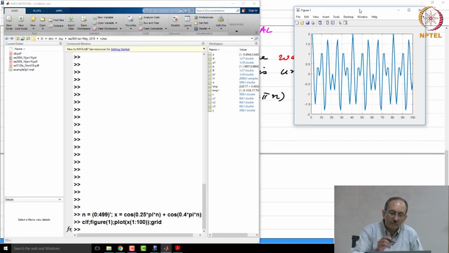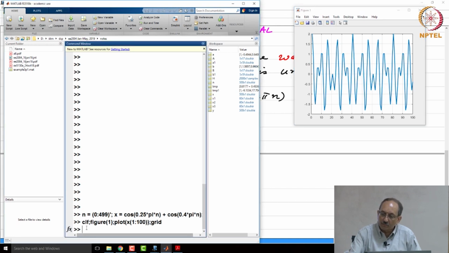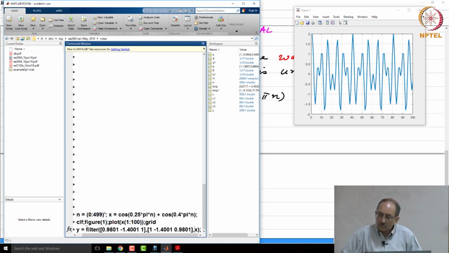So, this is my input, cos 0.25 pi n plus cos 0.4 pi n, and now I am going to pass this through an all pass filter, exactly what I had written earlier. Numerator is 0.9801 minus 1.4001 z inverse plus z squared, and the denominator is the time reverse version of this. So, I am going to filter it,